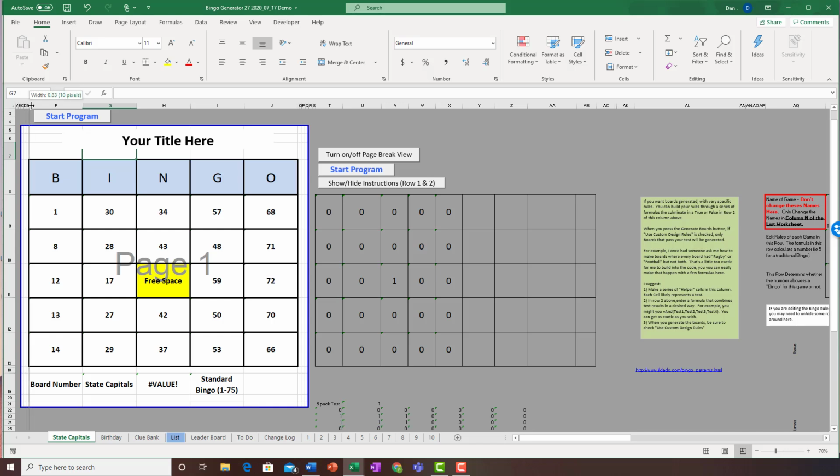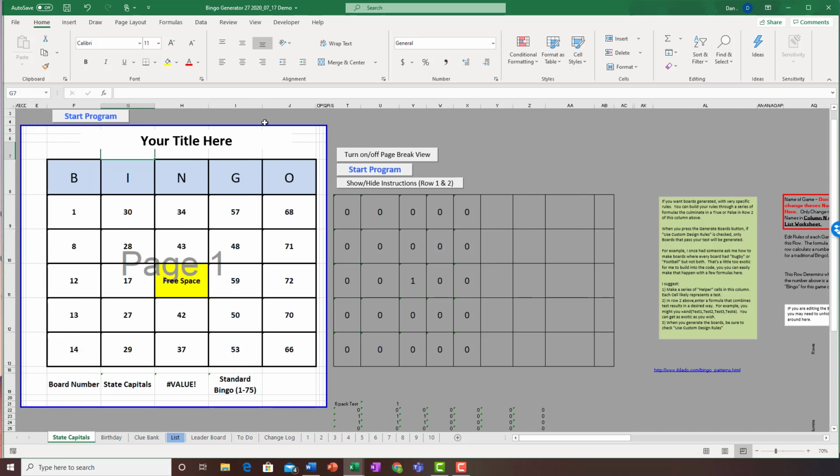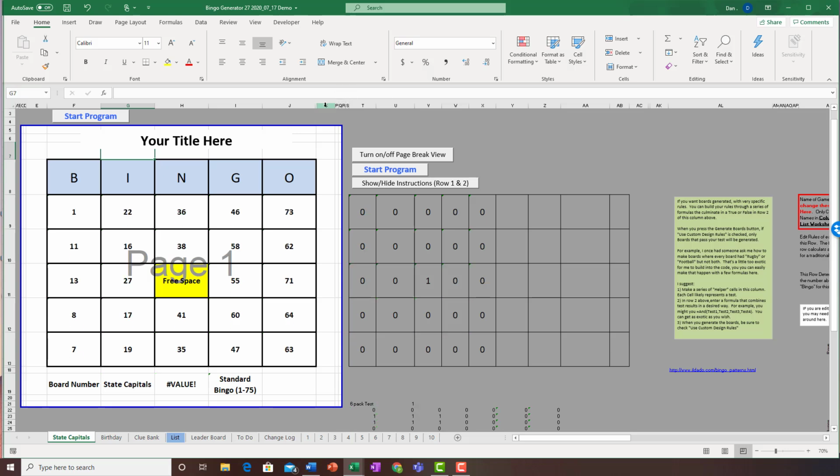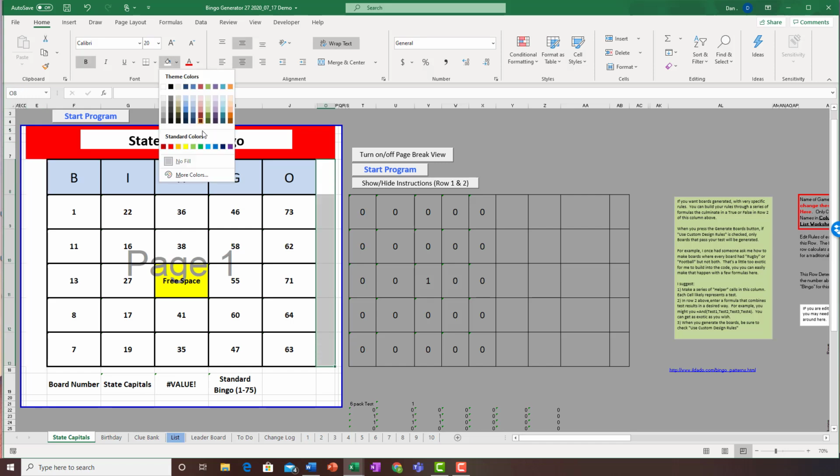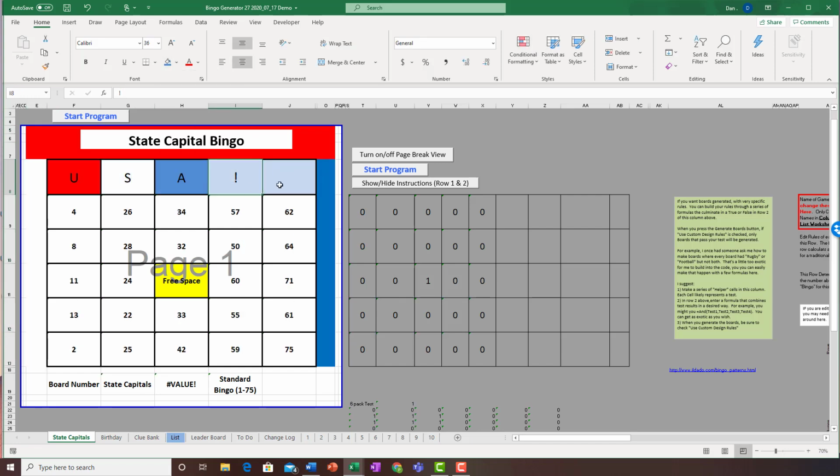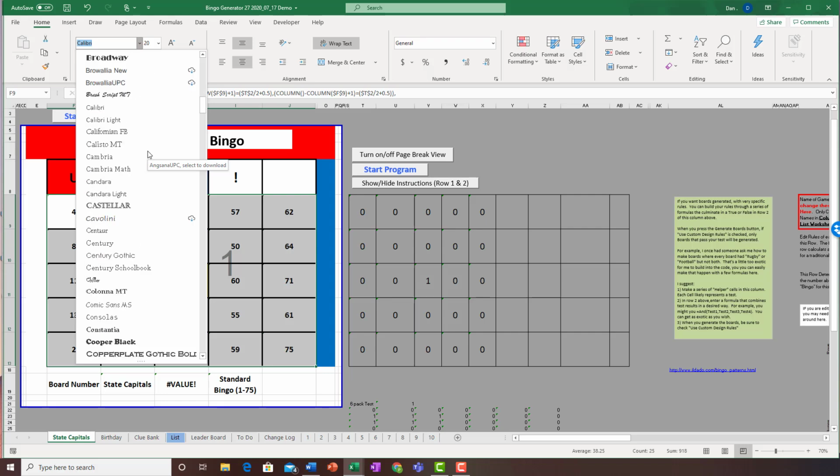Drag the blue lines to change the print area. Let's include some more columns on the sides of the board and make them wider. Let's give the board a title, add a little color, change some fonts,